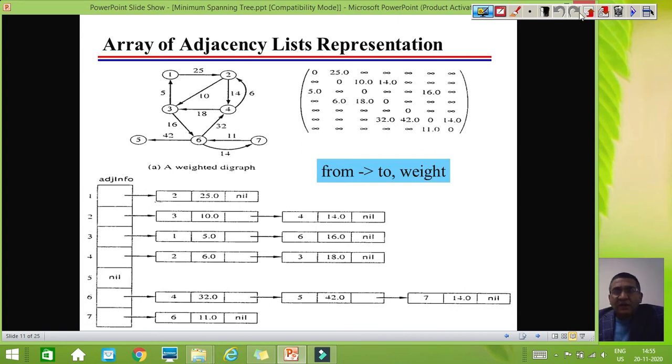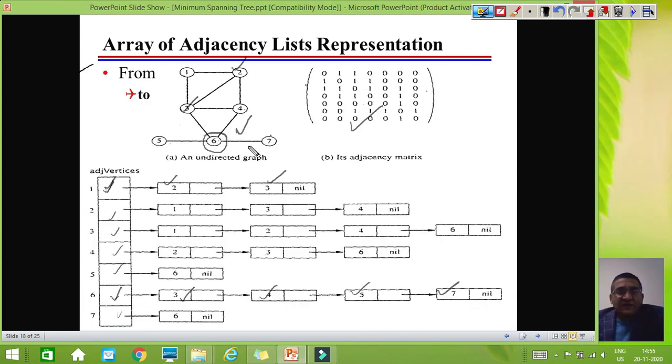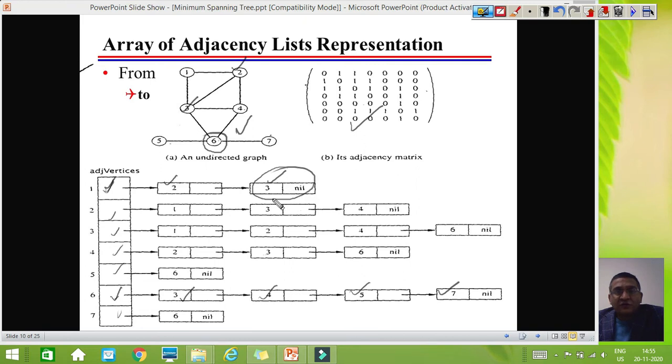Now keep in mind that when we are representing our graph using an adjacency list and our graph is undirected, in that case our node will consist of only two fields. One field we are using for storing the value, and the other field we are using to store the link to the other node. But